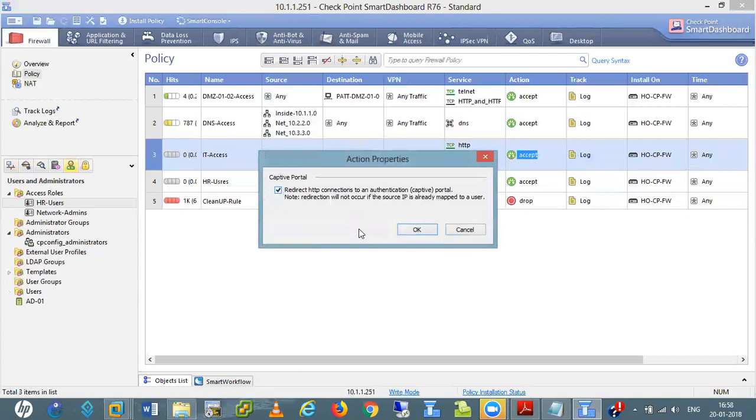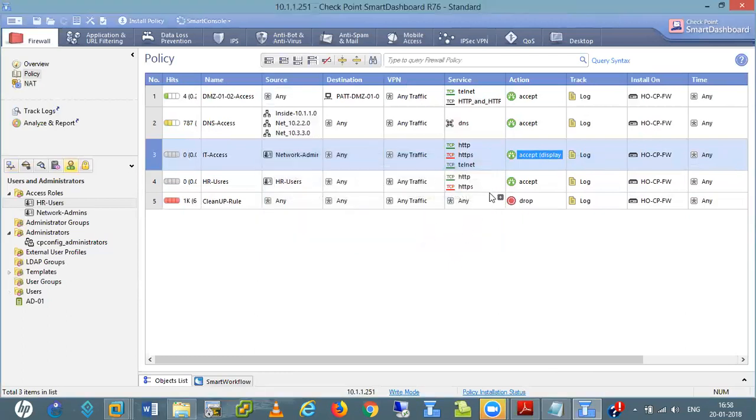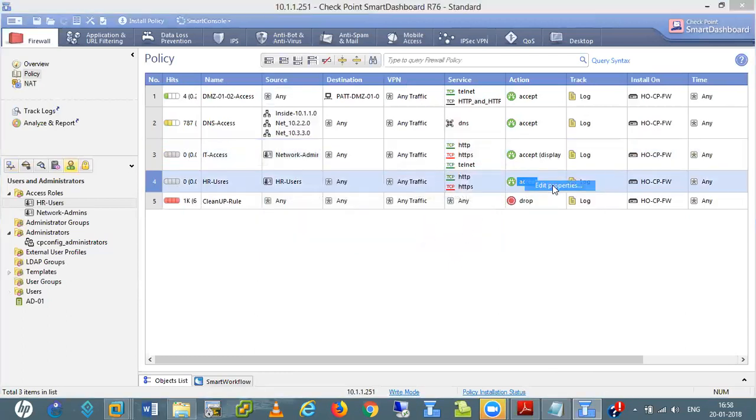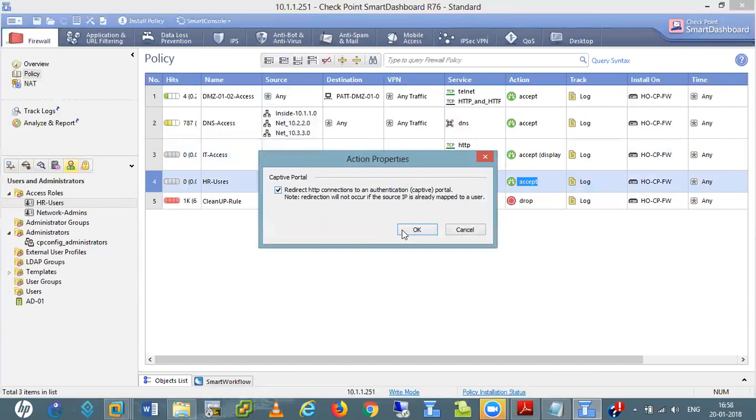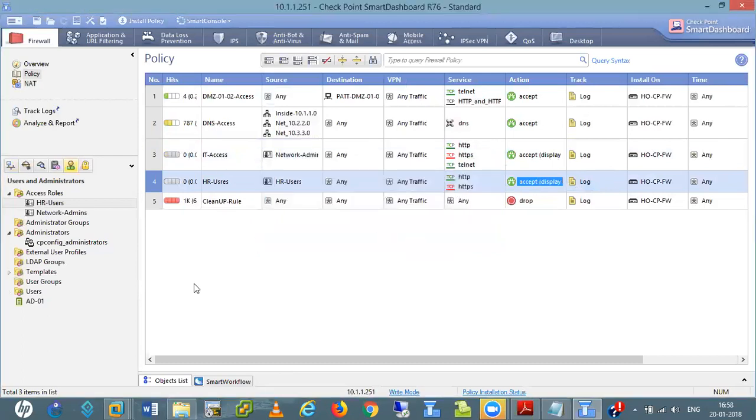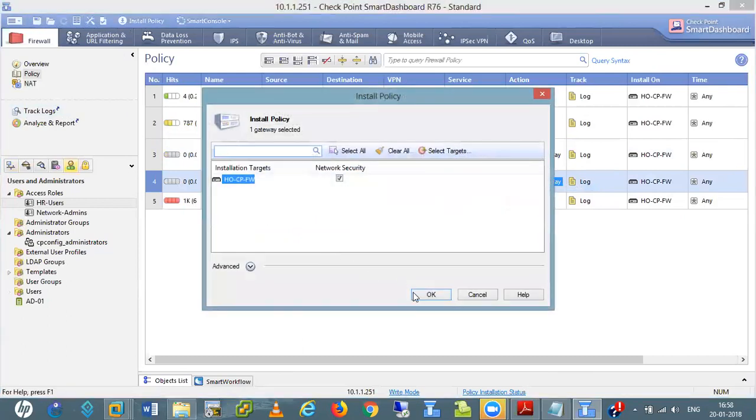If the user is not authenticated by the AD server, then it gives us the captive portal. Same scenario as in our college time. This is also available in the Checkpoint firewall. Now I'm going to save my policies.